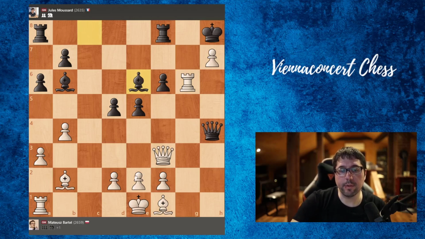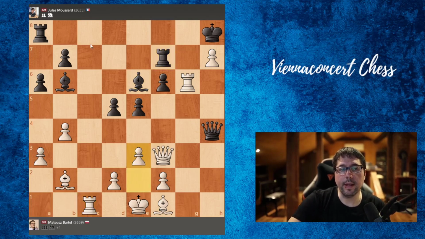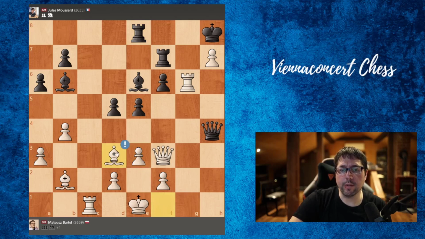Here actually the computer suggests e3 to prepare bishop to d3, but white goes for rook to c1. Now rook f7, a very good move, e3, and here the best move is actually rook a to f8, but Julius goes for rook to e8, which isn't the best move. Now Mateusz plays a really nice move, bishop to d3, putting the bishop on this nice diagonal, bishop d8, and here you